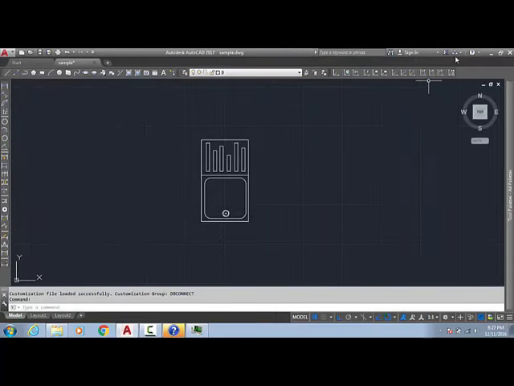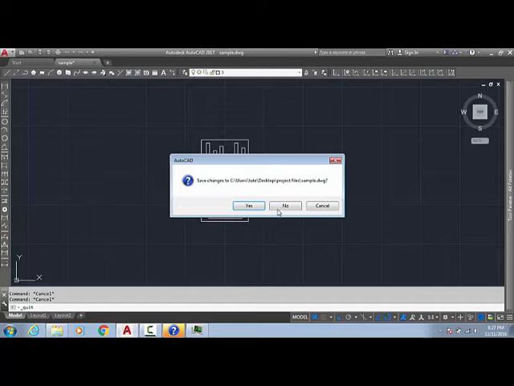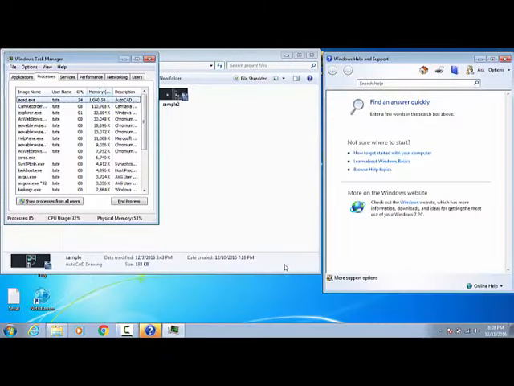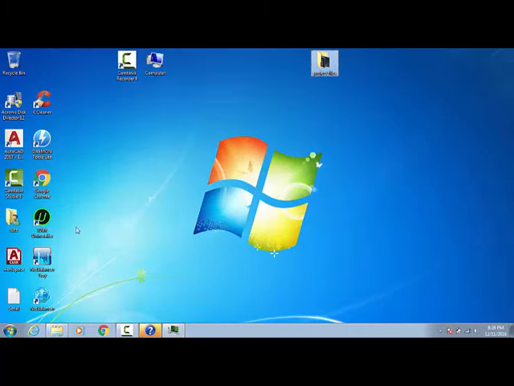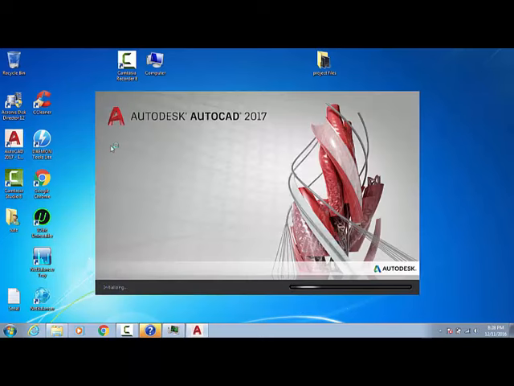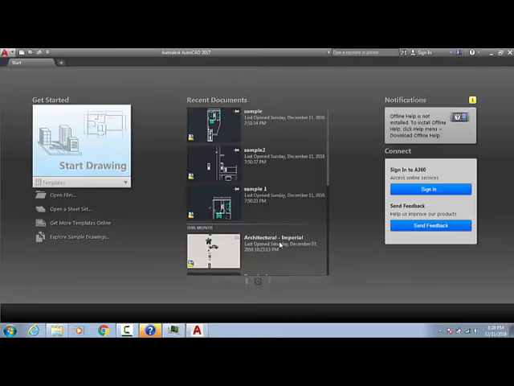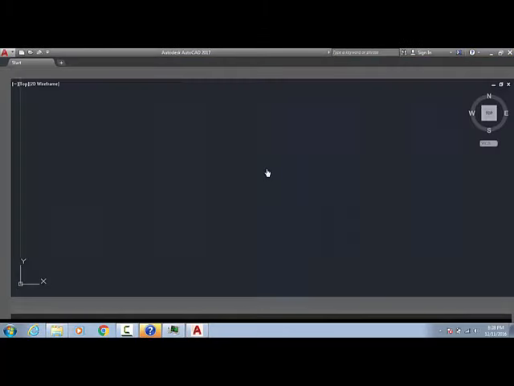Now if by mistake I formatted my PC, or I reinstalled AutoCAD, I can just import all my settings from here, the AutoCAD workspace. For example, I am going to show you again. Okay, I am going to start one drawing.